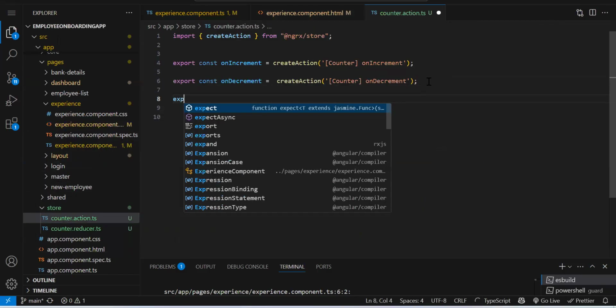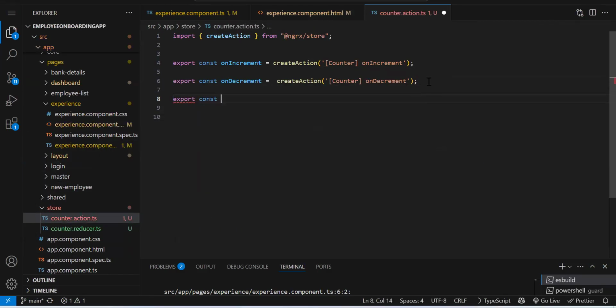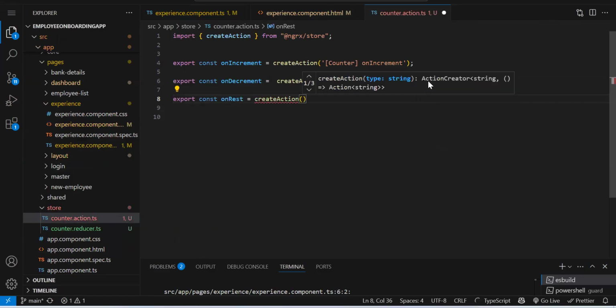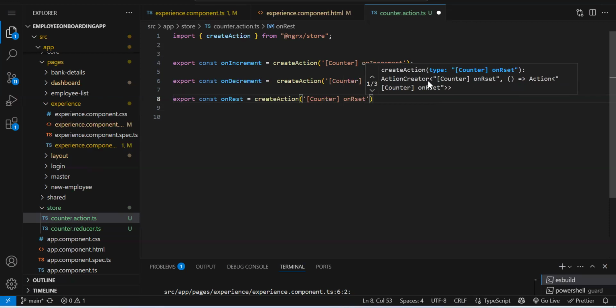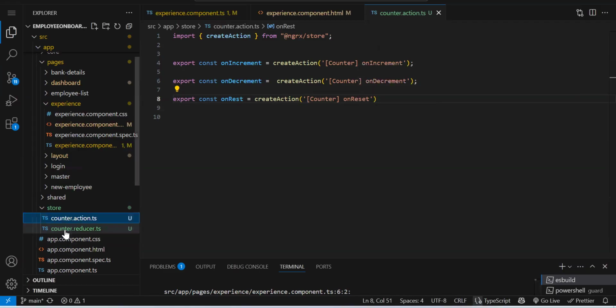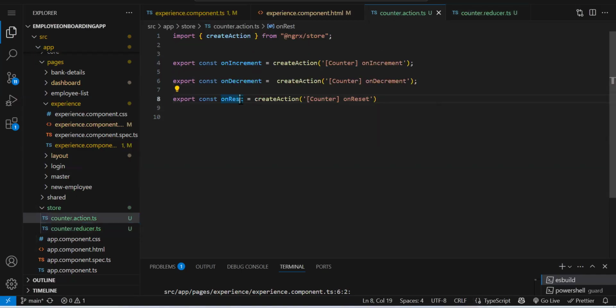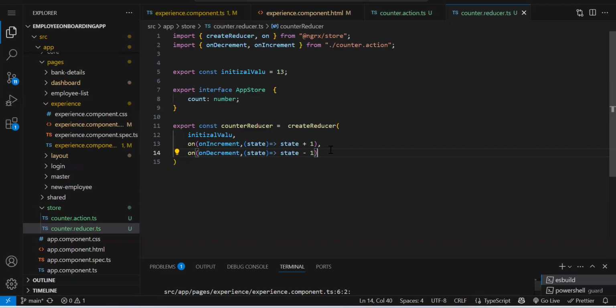Export const onReset is equal to createAction. Now we have created one more action, so next thing will be reset. We have to add the logic for it also.